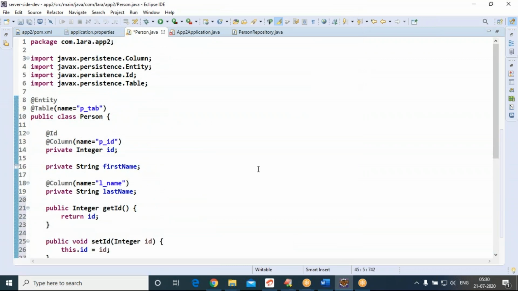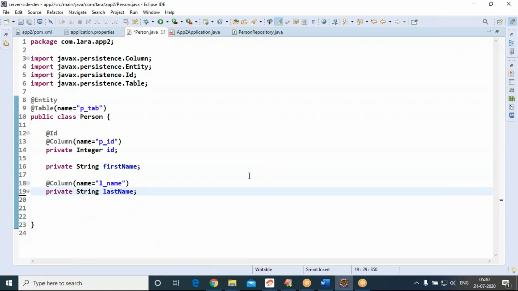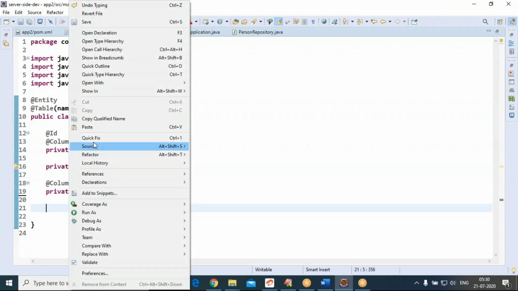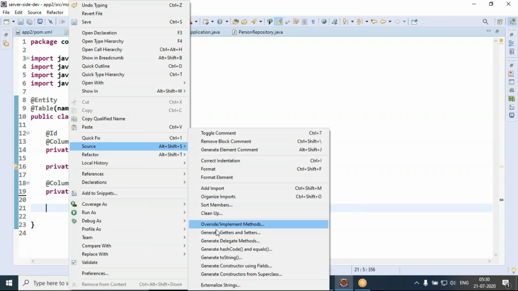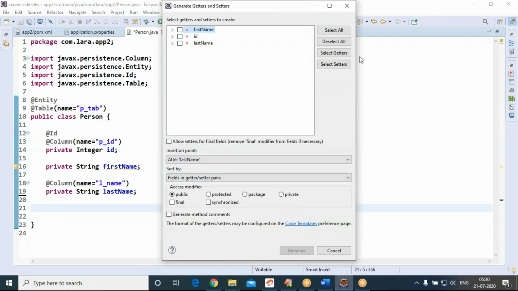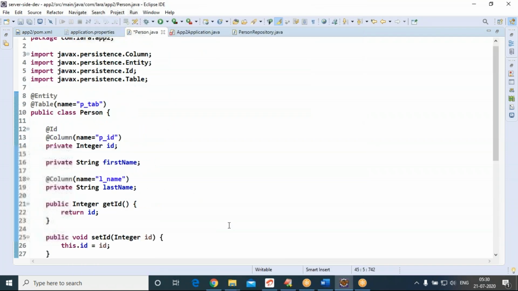You know very well how to develop setters and getters, I'll show you once again. Right click, go to source, generate getters and setters. Select all, click on generate.